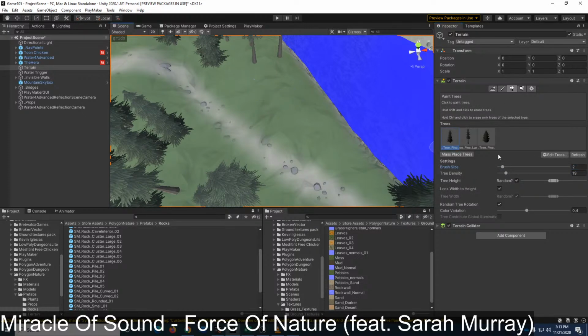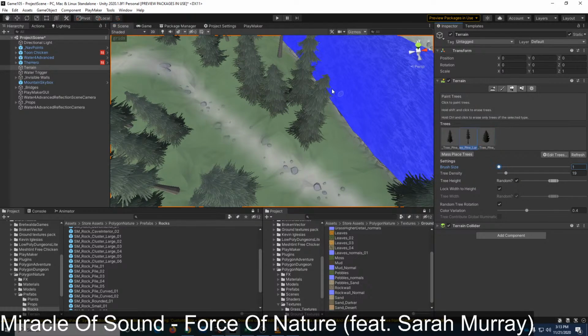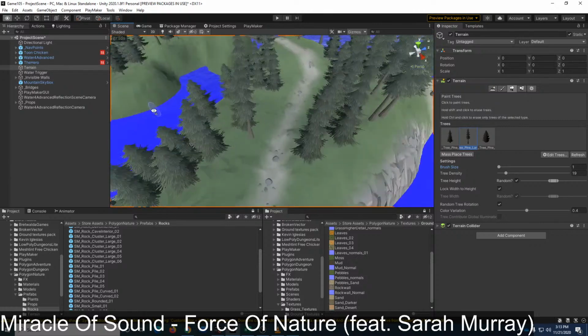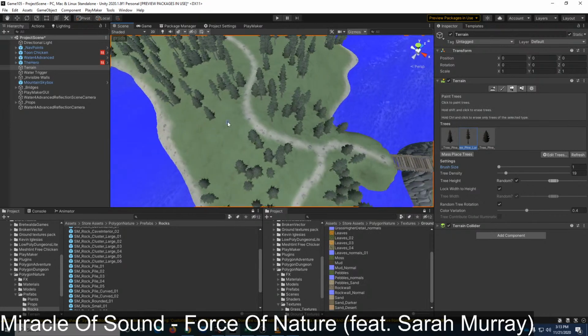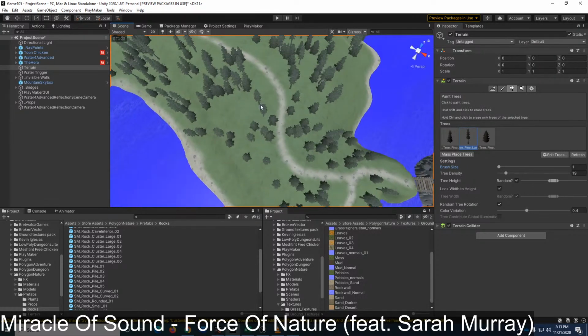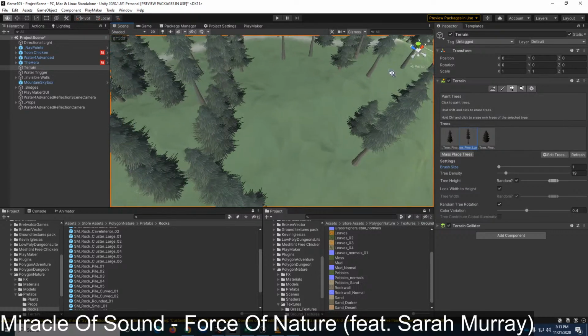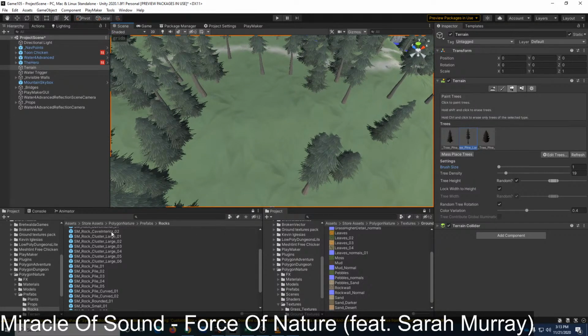Let's brush size 1. There we go. A little unintentional blank spot there, so I think that will work well.